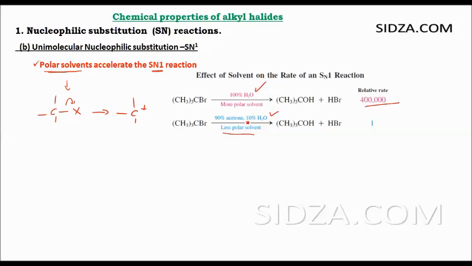And when we discuss the different types of alkyl halides and their order of reactivity, whether they follow SN1 or SN2, we know the tertiary alkyl halide follows SN1. The other side is the primary one. A primary alkyl halide follows the SN2 mechanism. What about the secondary? Secondary can follow SN1 or SN2